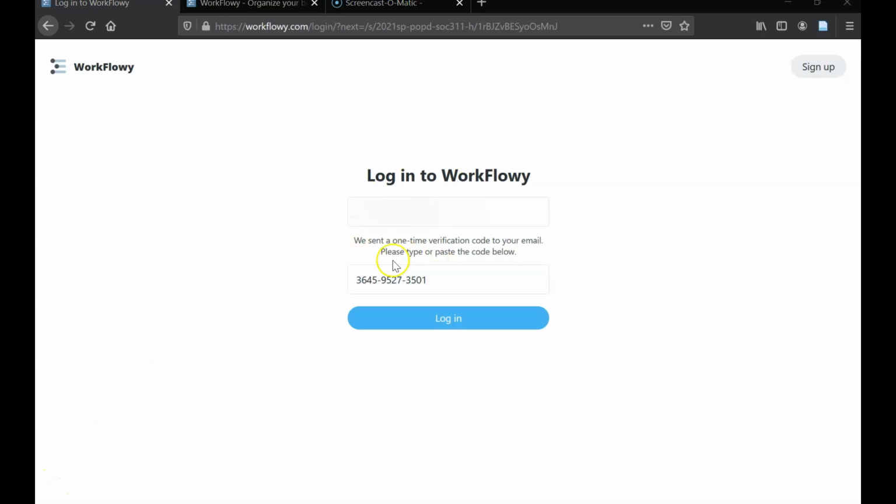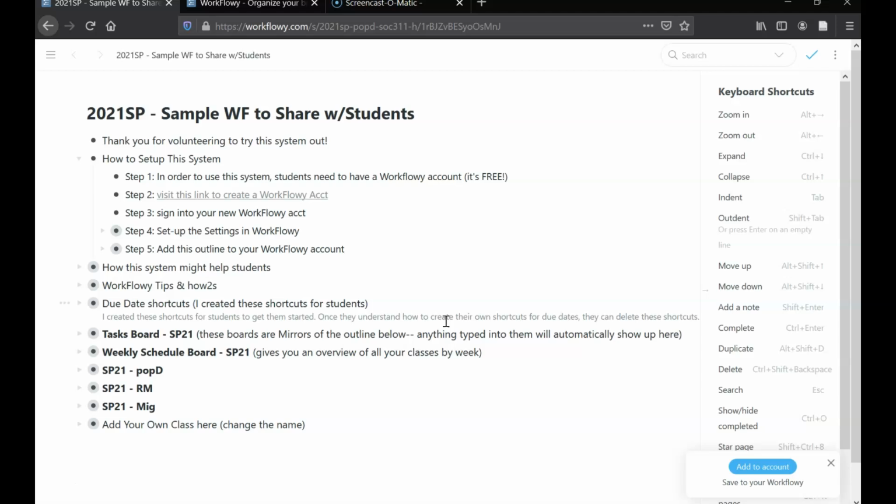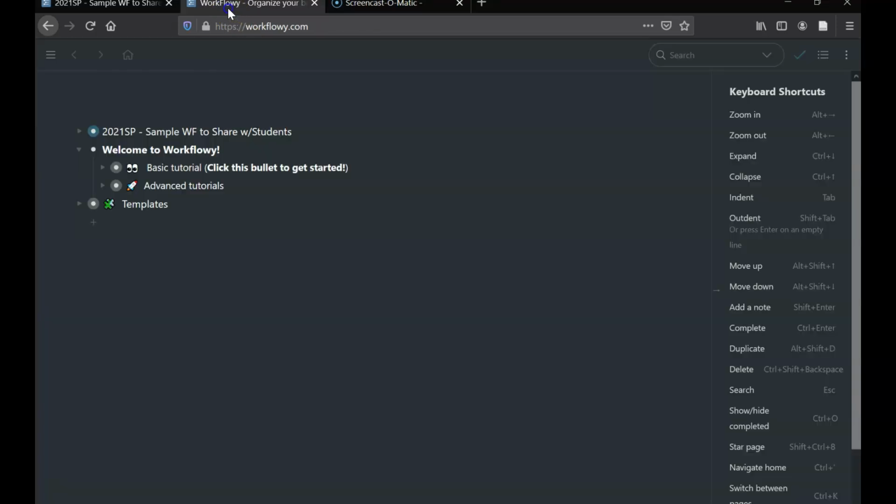This is their new system. You get a different code every time you log in. So you log in, and now it'll say, do you want to add this to your account? And this time I click add to account. And what that will do is if I go back to my account and I refresh that page,